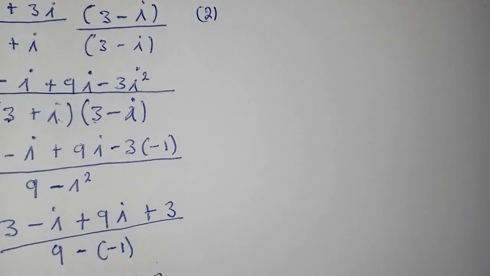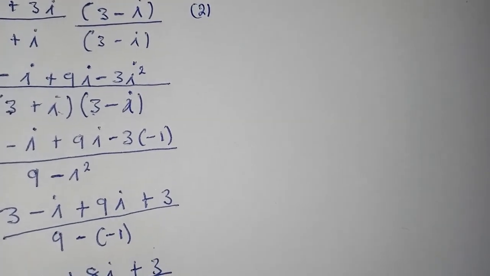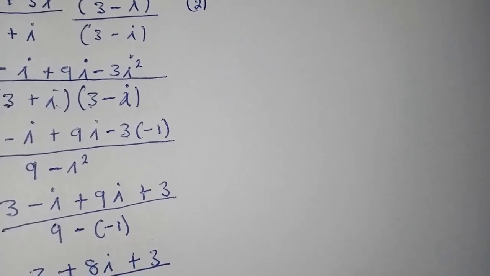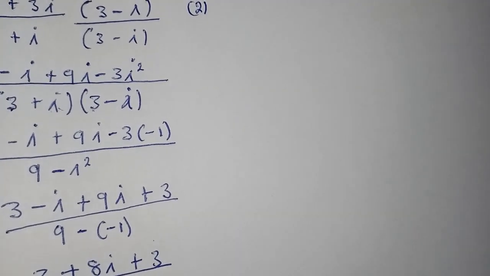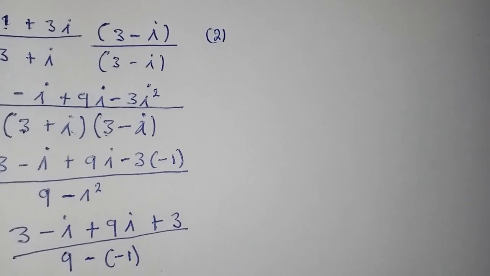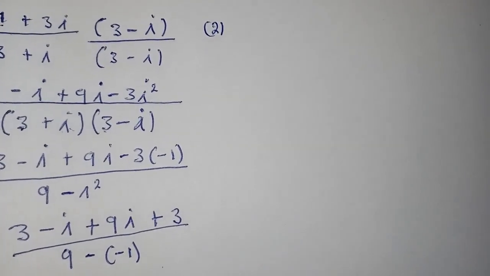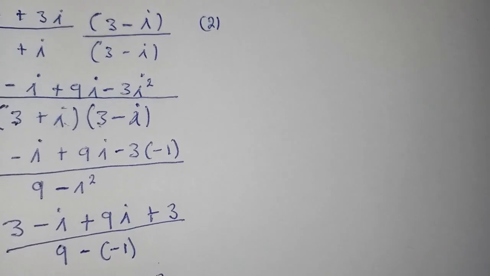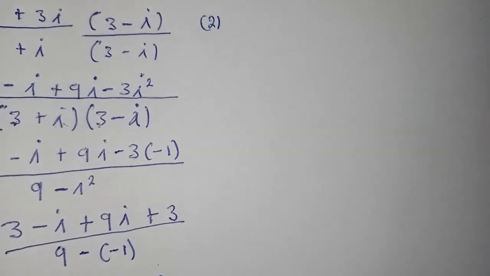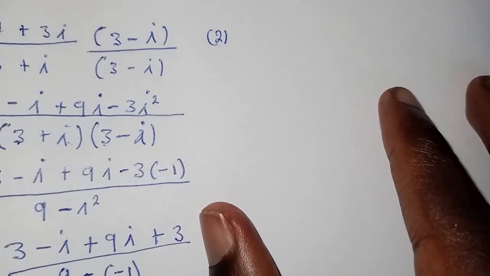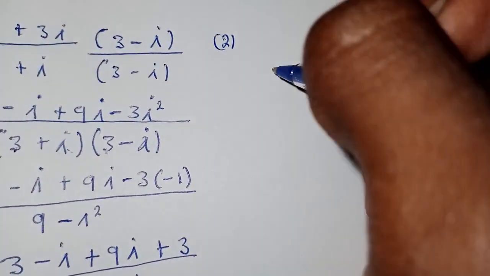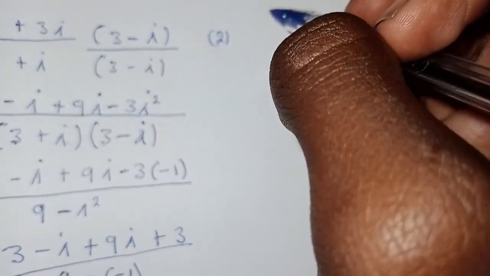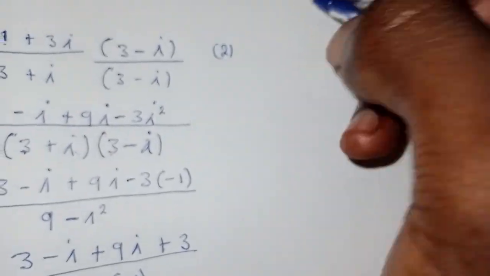Question 2 is saying we solve for x and y given that... Okay, which one am I going to do? I'm going to do A, then you are going to solve B for me. I'm going to give you B as work, and I want the answers on my WhatsApp line in my inbox.